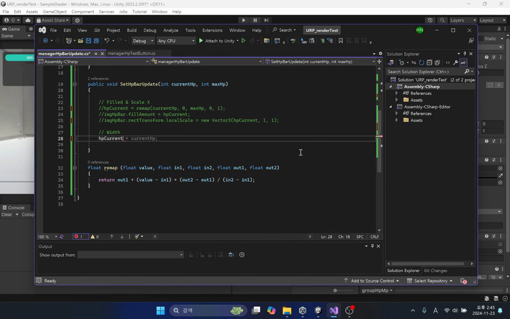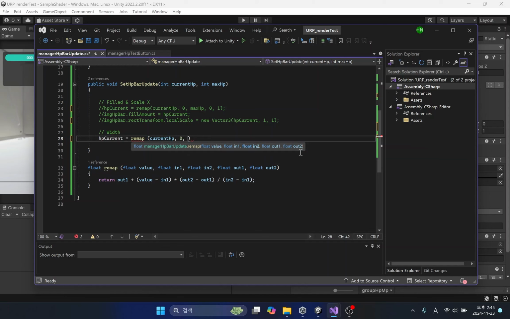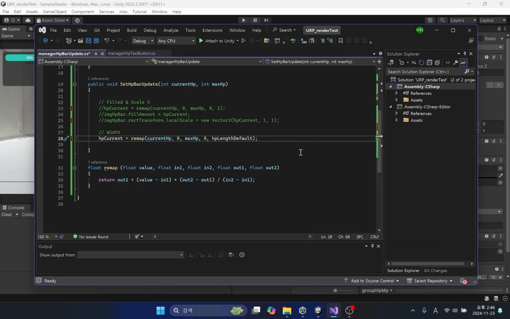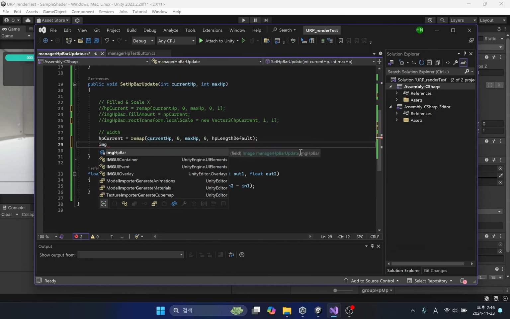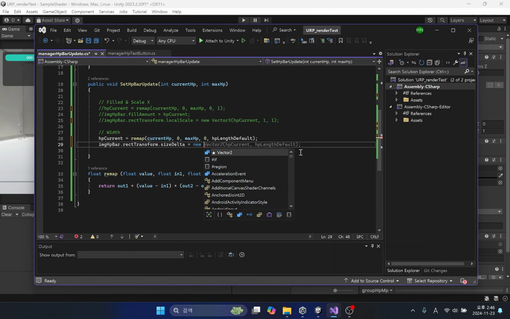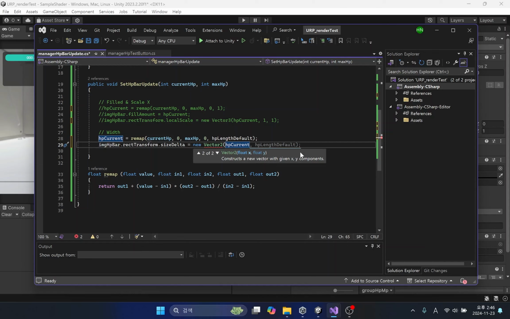Now we need to transform the range using the remap function. The maximum value of the final converted range will be the HP length default variable created earlier. Changing the size delta value of an image requires a vector2 variable. The size delta value input requires the width and height values of the image.